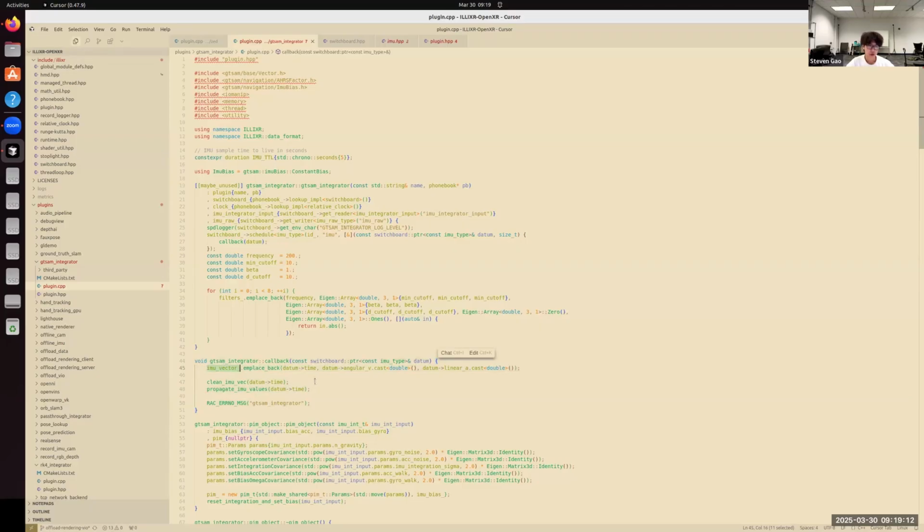I want to quickly disambiguate synchronous reading from blocking, because the put function of the writer is not blocking. Whenever you schedule a callback using the schedule function, for each subscription, we will launch a new thread that calls the callback.